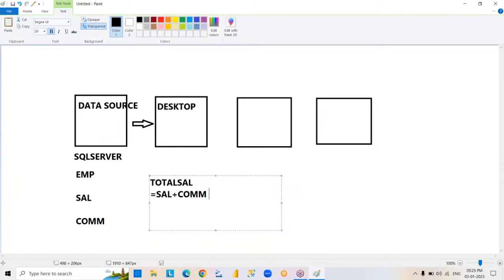That is the meaning, right? You have salary and commission, so what is the meaning of total salary? Salary plus commission. In this scenario,